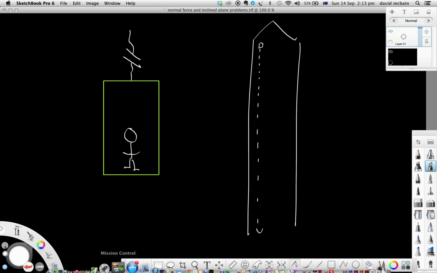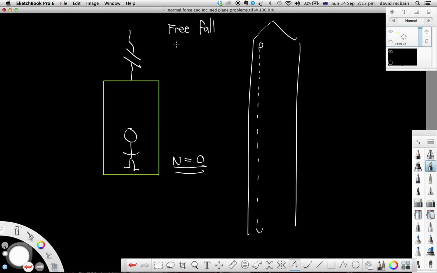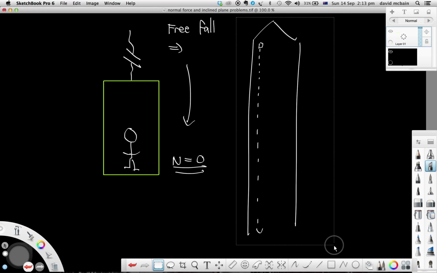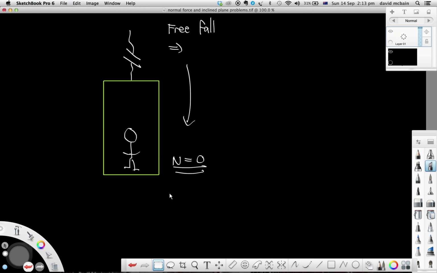And so because there's no force of contact between the floor of the elevator and the person, therefore the normal force will be zero. So one of the key features of freefall, the big deal about freefall, is that the normal force will be zero. Okay? So we'll get rid of that. Okay, so we know what the normal force is,